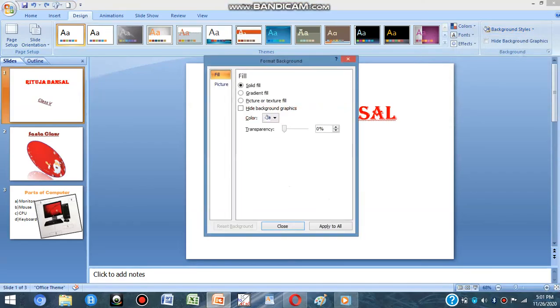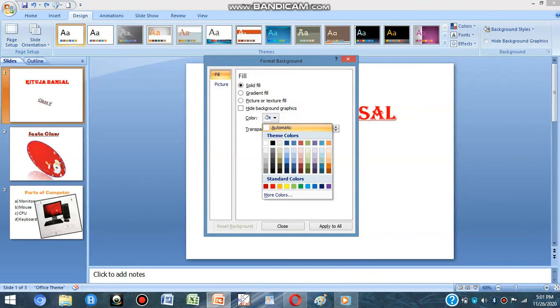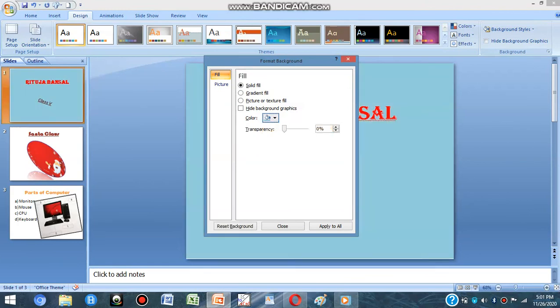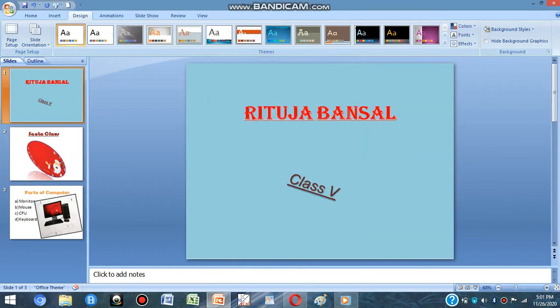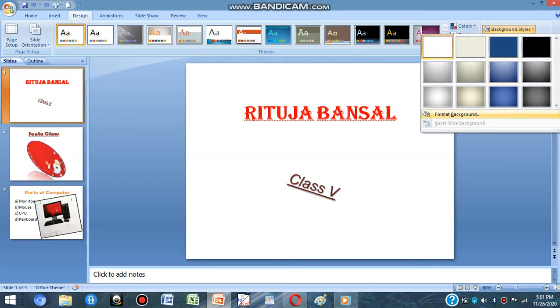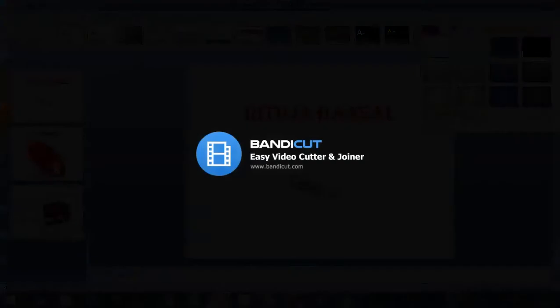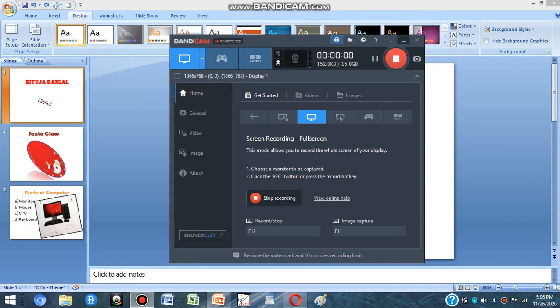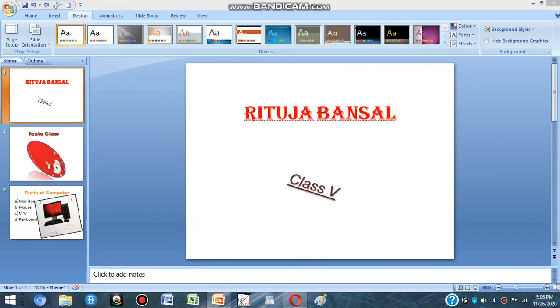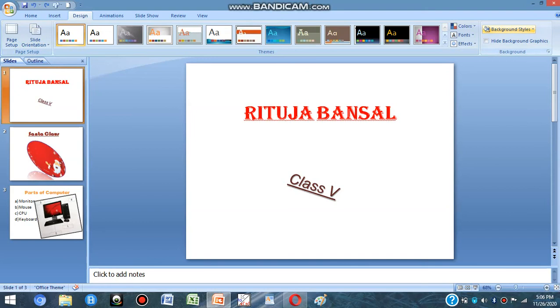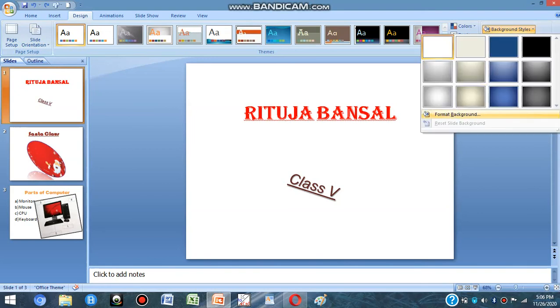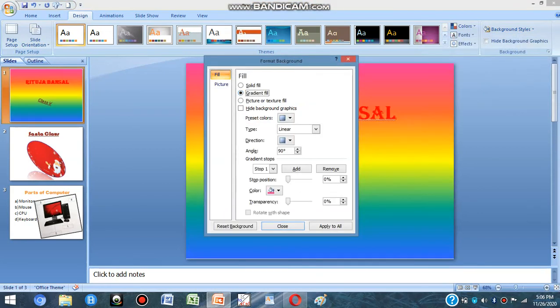Background. In format background, first of all, solid fill. Solid fill means the slide will be filled with the solid color. It will appear very simple. So we will take another option. In the design tab, background style, format background, gradient fill.